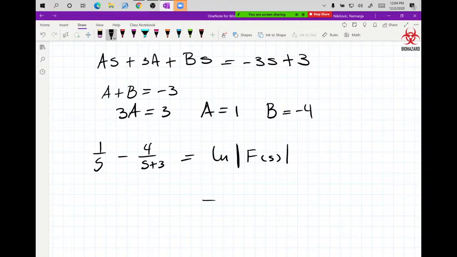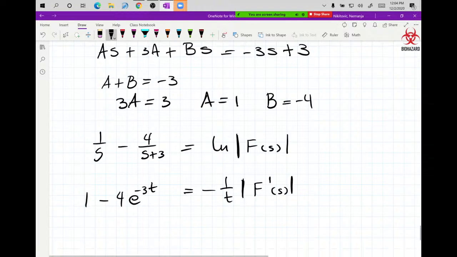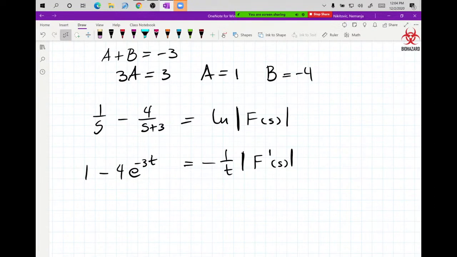So it will be negative 1 over t times the derivative of f prime of s, and on the other side you have your 1 minus 4e to the negative 3t. Multiply both sides by negative t, becomes 4te to the negative 3t minus t equals to,